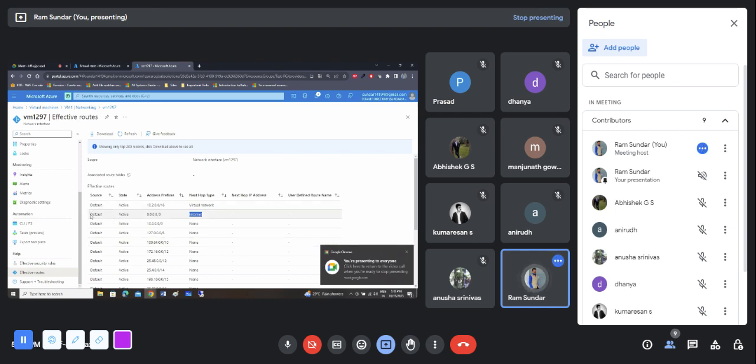The VM network interface is connected to internet. The internet prefix, I mean the CIDR range, is 0.0.0.0. This is our actual destination, and this is the internet destination. The status is showing as active, which means we are still able to access the internet inside the